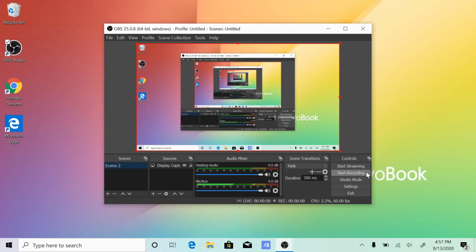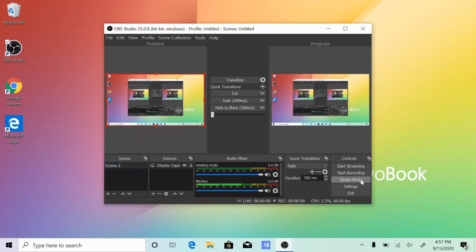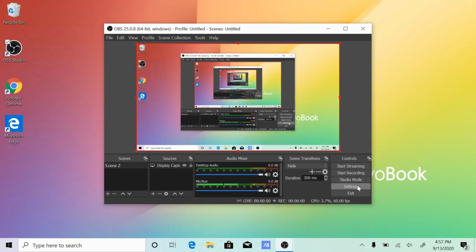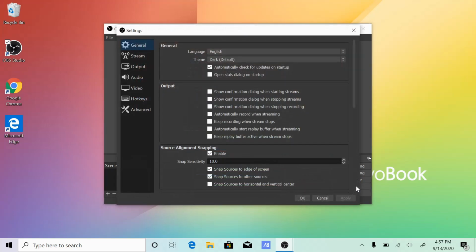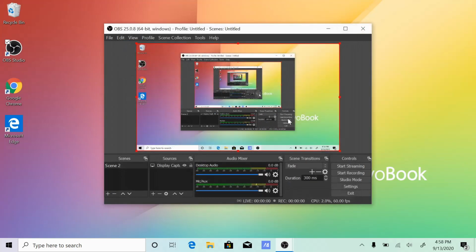Start recording. Studio mode. See what studio mode does. It makes two sides, two columns. On one column, it's showing you how it's going to show up. I'm going to get out of the studio mode. Settings, and there are a few settings, but the default setting is okay. You could work with the default setting. Mostly I will not touch anything other than